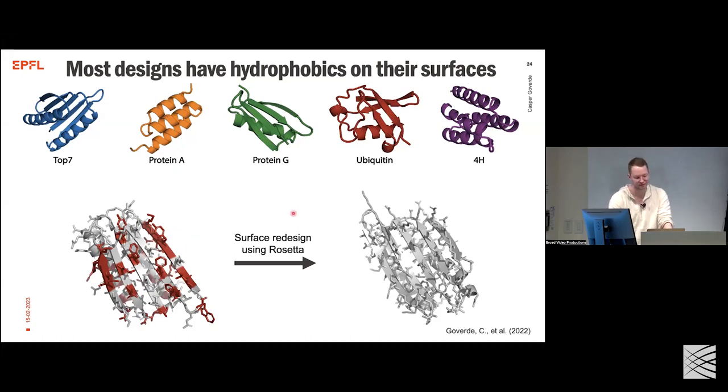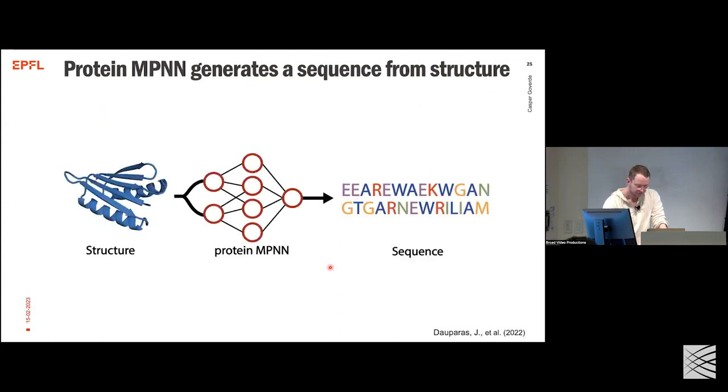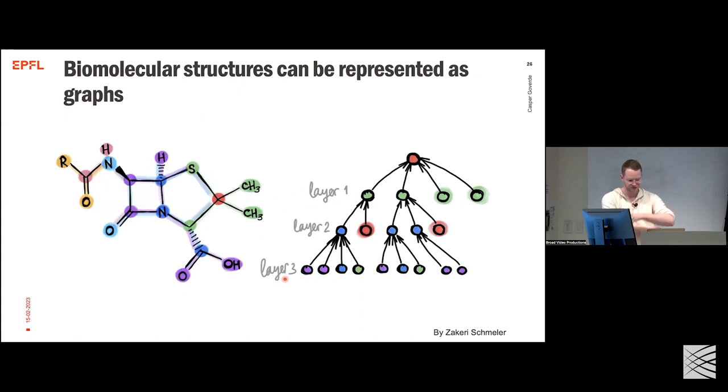So we had to implement a Rosetta surface redesign step to fix this surface. However, at the moment, a new improved method came out, which is called ProteinMPNN, a message passing neural network, which had an incredibly high success rate. So by now we've replaced the Rosetta surface redesign step with ProteinMPNN. Let me go into a little bit of detail on how this works, since we're at